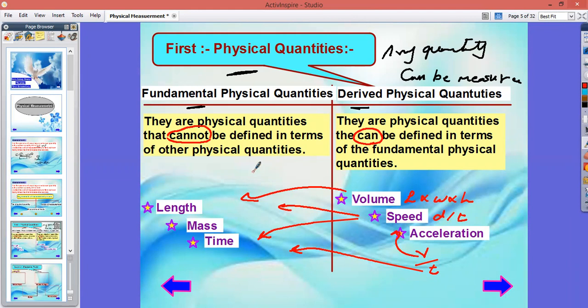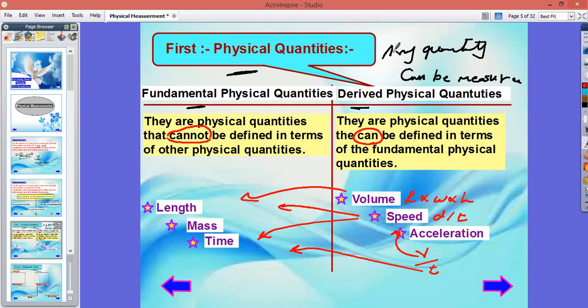So again, what is the meaning of the measurement process? It is comparing two quantities, a known quantity and another quantity. It is to find out how many times the first includes the second. The key elements of measurement are: number one, physical quantity; number two, measuring tools; number three, measuring unit.